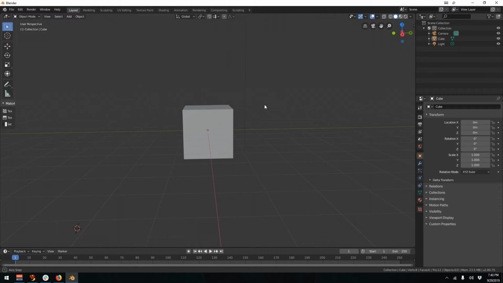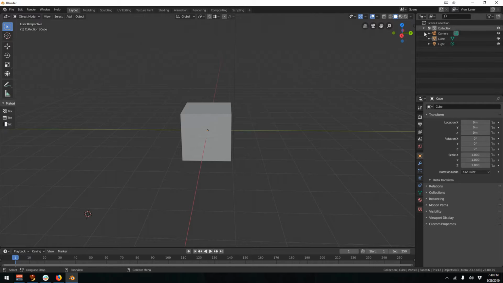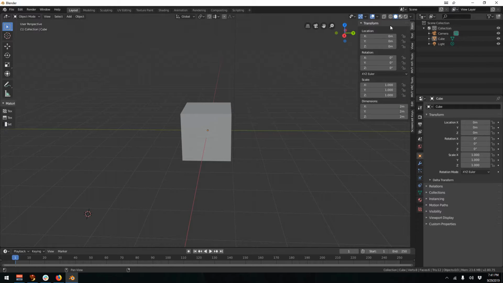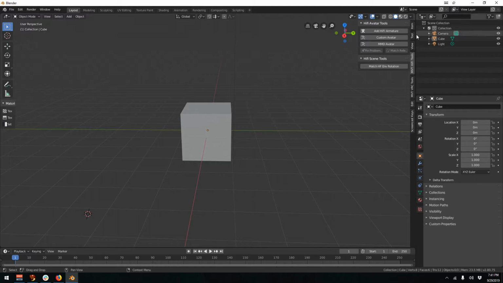Then we want to make sure that we have this button here with the tools on the side. We want to make sure that we actually have MVT Hi-Fi Tools on the right side. It'll say things like Hi-Fi Avatar Tools, Hi-Fi Armature Custom Avatar, MMD Avatar. We don't need any of this, but it's good to make sure that it's there to make sure the plugin